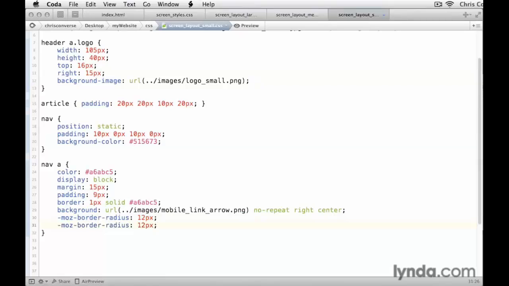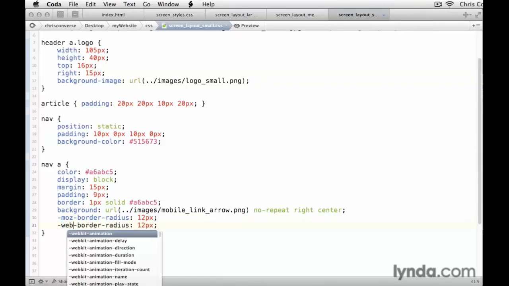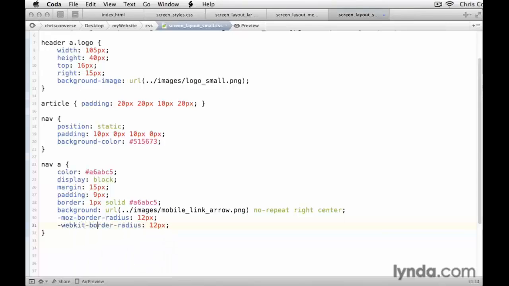Let's hit a return. Let's paste it on the next line and replace the moz with webkit. Let's hit a return. Let's paste that rule again, and let's remove the browser flags. So the final CSS3 property will be called border-radius, set to 12 pixels. Now the next rule we're going to create is going to be for a hover state. So nav space a:hover,